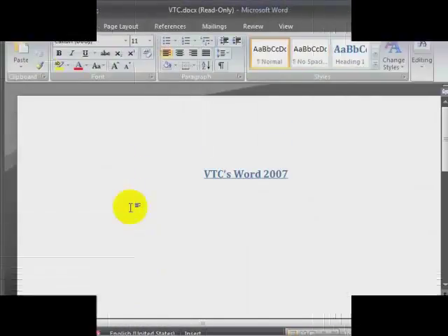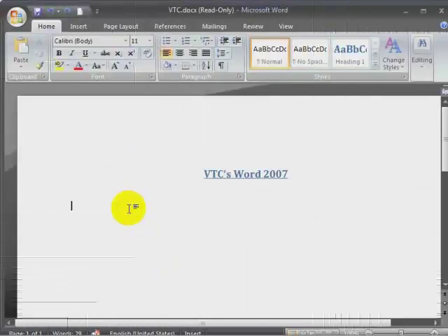Insert a table. There are times when you are required to insert a table, and it's very easy to insert a table in Word 2007, and I'll show you now how to do that. In fact, I'll show you a couple of different ways that you can insert a table into your document, and the first way I'm going to show you is to go to your ribbon and click on the Insert tab here,